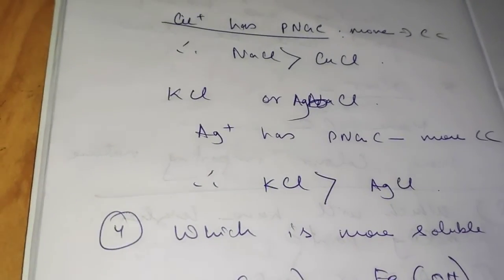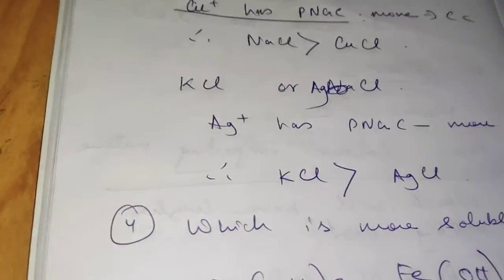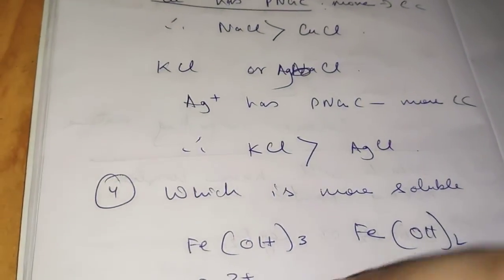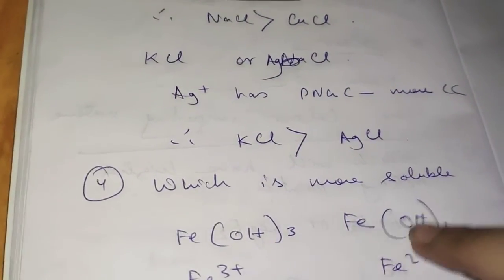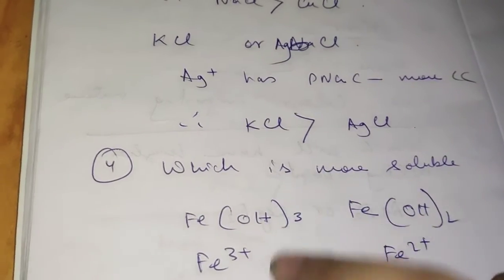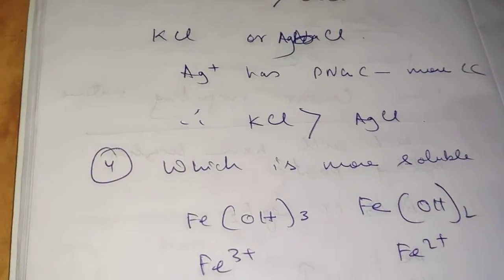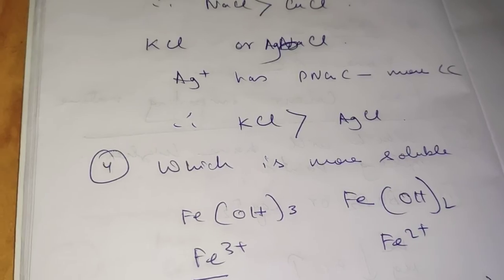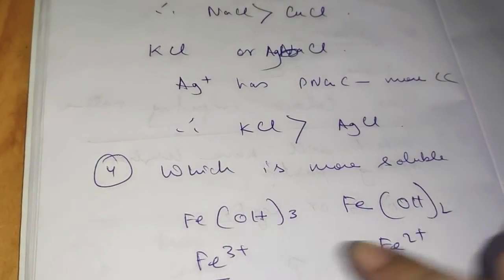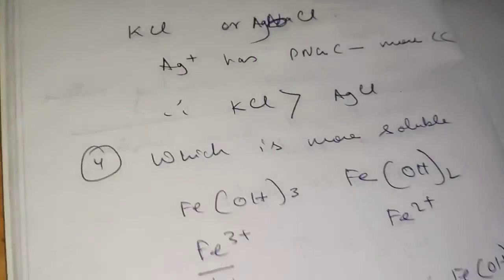Which is more soluble? Try to do this by yourself. Ferric hydroxide and ferrous hydroxide. Ferric means Fe3 plus, ferrous means Fe2 plus. Wait, ferric Fe3 plus, ferrous Fe2 plus here. So as I told you about the solubility, the greater the